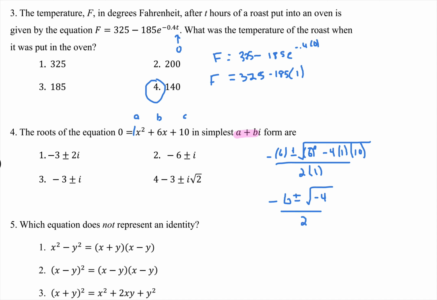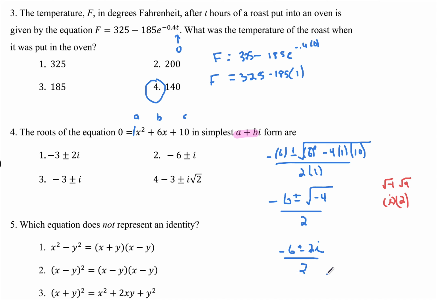And this one's a little bit different because this spot right here, I can actually simplify. What's the square root of 4? It's 2. So if I rewrite it over here, what does it really look like? It looks like negative 1 times the square root of 4. The square root of negative 1 becomes i. The square root of 4 becomes 2. What am I left with? I'm left with negative 6 plus or minus 2i